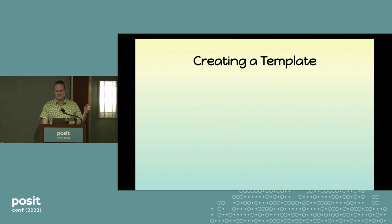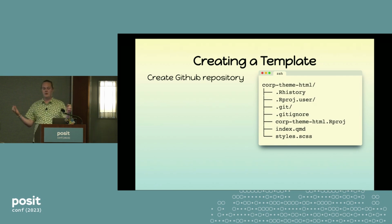So creating a template. We start by creating a GitHub repository. It isn't technically necessary, but we start by creating a project right here. This is what it would look like. We have our index.qmd, which is what I normally use as my base name, and we have our styles, and we have a bunch of other things that happen when we create a